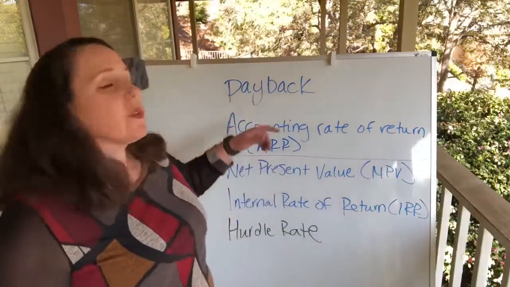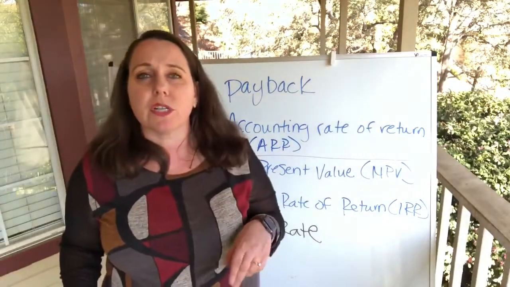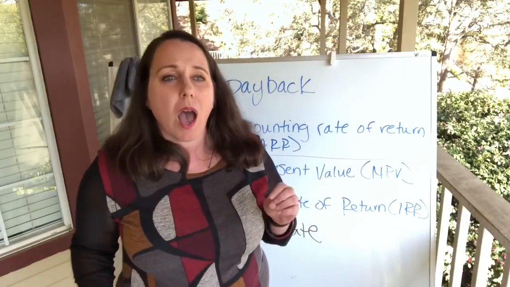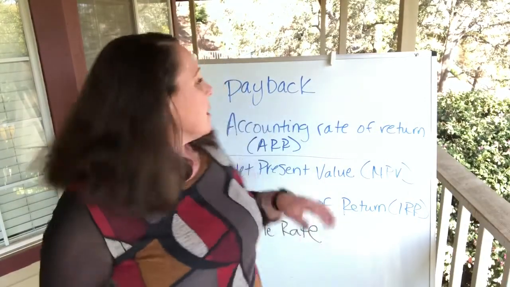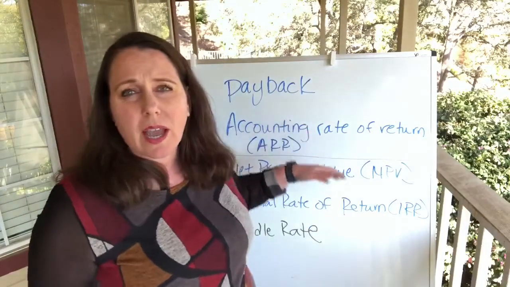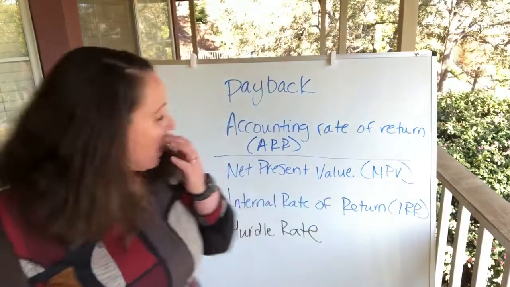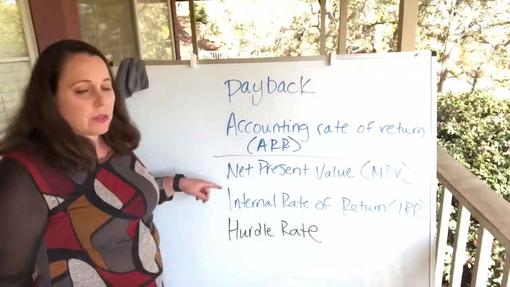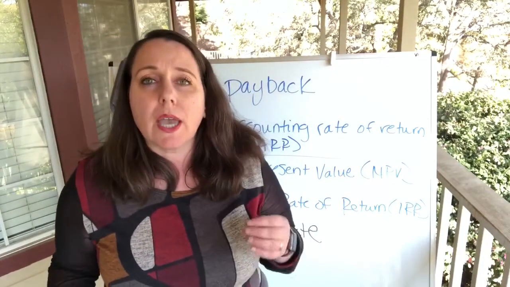So payback is going to use cash flows. Accounting rate of return is going to use net income. If cash is a concern for your company, then payback is going to be kind of better because it actually looks at cash flows, whereas accounting rate of return looks at net income, so you're going to have some non-cash expenses in there. All right, net present value, that's basically going to look at,